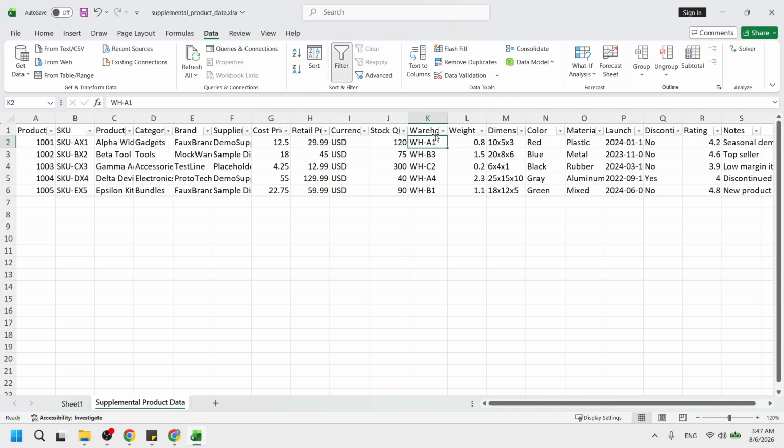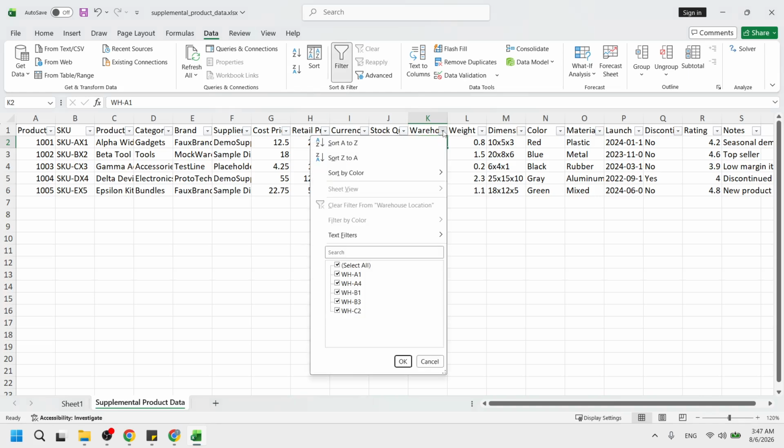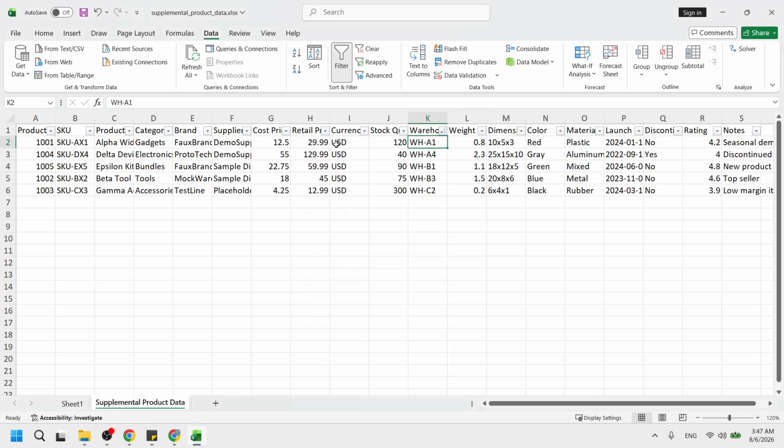At this point, click the drop-down arrow in the column header you want to sort. A menu opens showing options like Sort A to Z, Sort Z to A, and sometimes extra filters depending on your data. Now select Sort A to Z at the very top of the menu. Excel immediately rearranges the rows so that this column is in alphabetical order, while all the other columns move with it, keeping each row of information together.